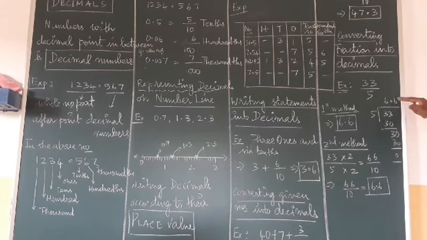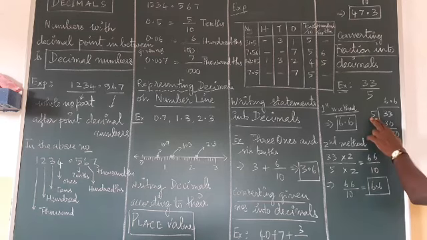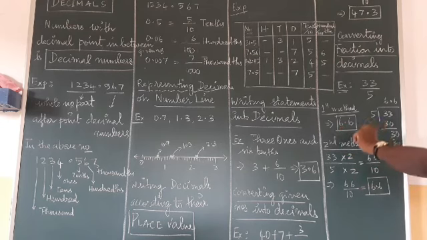I am dividing. First 6 times 5 is 30, 3 remainder. 3 cannot be divided by 5, so I am putting a point and adding a 0. Then 6 times 5, once again 30, 0. So what is the decimal here? When 33 is divided by 5, you will get 6.6 as a decimal.